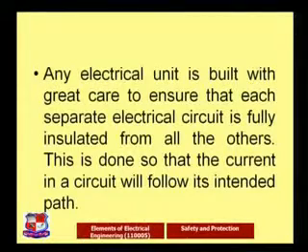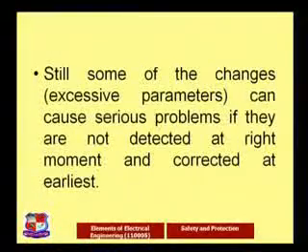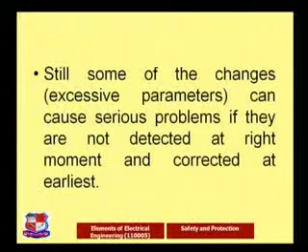As we know, this electrical unit is built with great care. We are going to provide safety for the electrical apparatus or the equipments, so that we can insulate one circuit from another circuit, and we try to make the current flow through the intended path. Over here, intended path means the path through which we want our regular, working circuit to flow. But still, what happens sometimes, the parameters of the circuits are going to change, and